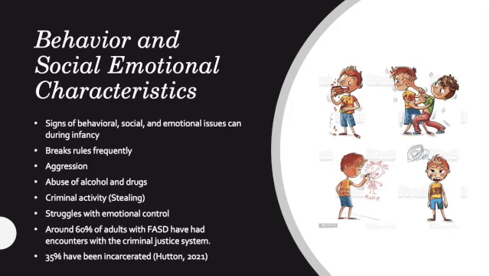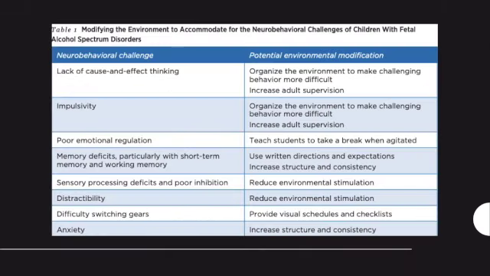Criminal activities such as stealing. They struggle with emotional control. Around 60% of adults with FASD have had encounters with the criminal justice system, so that's a significant number there. And about 35% have been incarcerated. So understanding some of these social emotional characteristics and behavior can help us start to implement more interventions and treatments